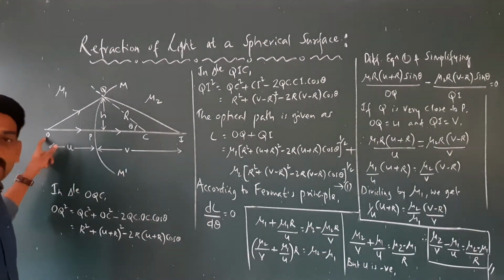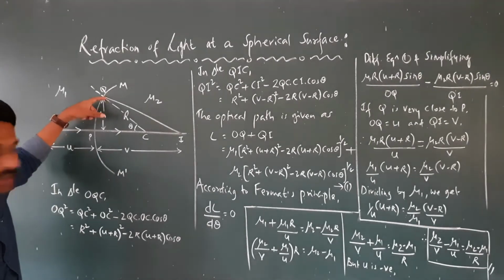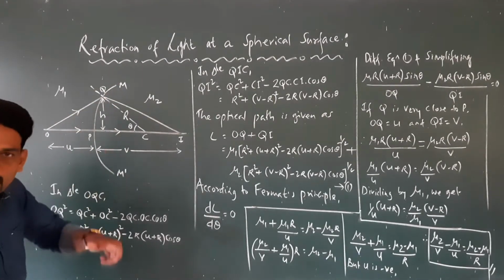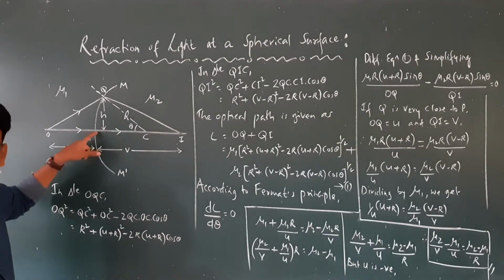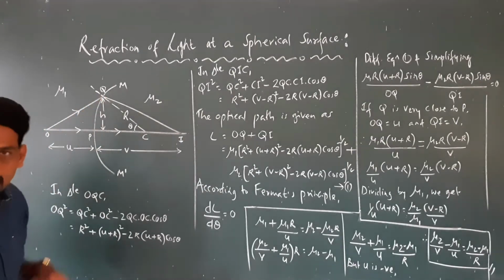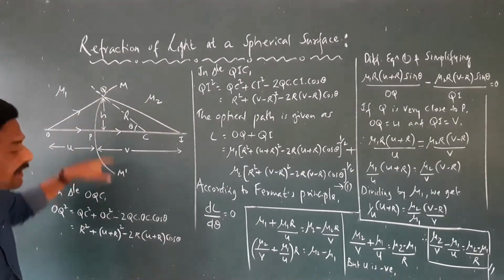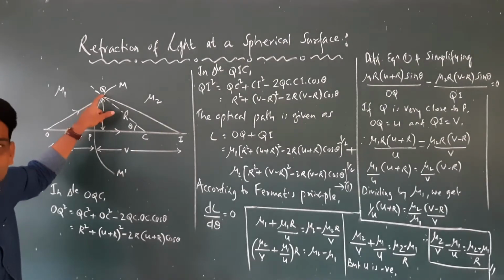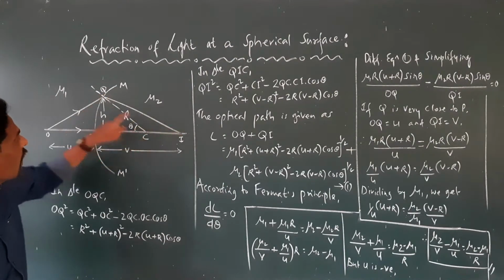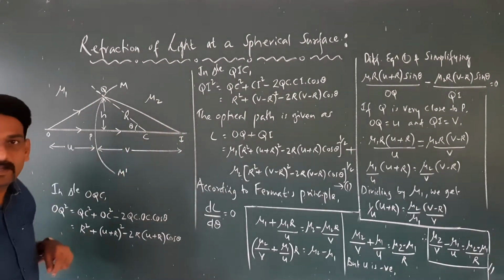Right? What is O? O is an object. We have an incident ray OQ which falls on the spherical surface M dash. We have one more ray, OP. So OP is one incident ray, OQ is one more incident ray. When OQ falls on the spherical surface M dash at point Q, it undergoes refraction. QI is the refracted ray.